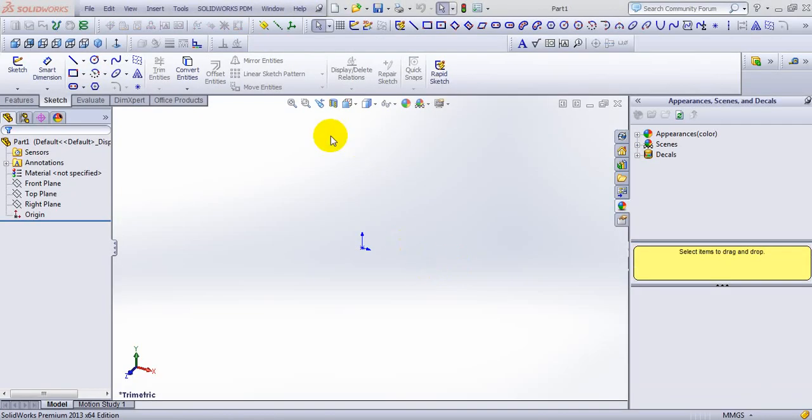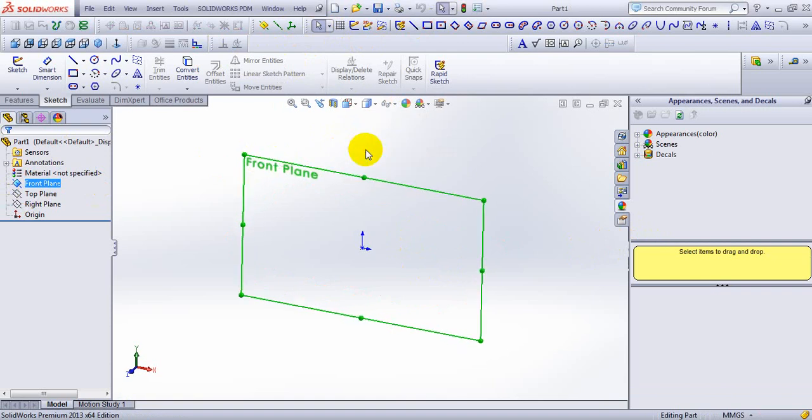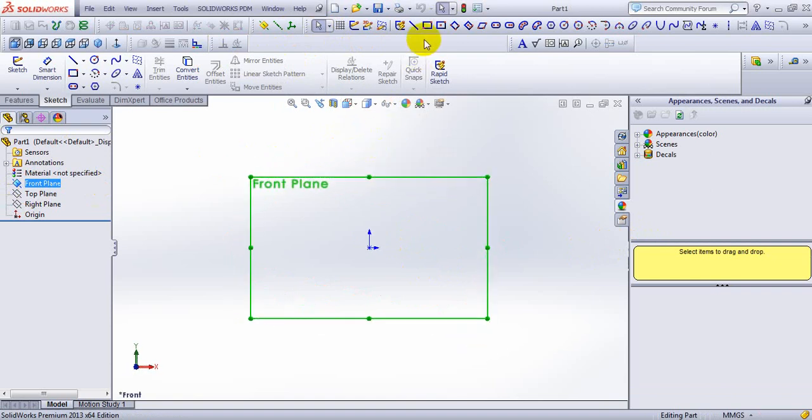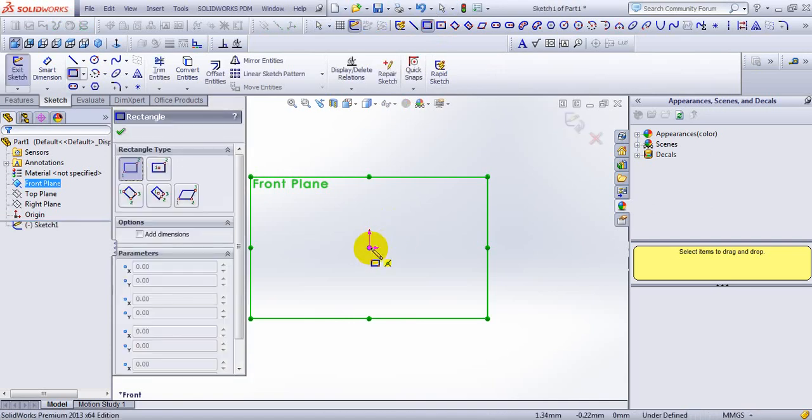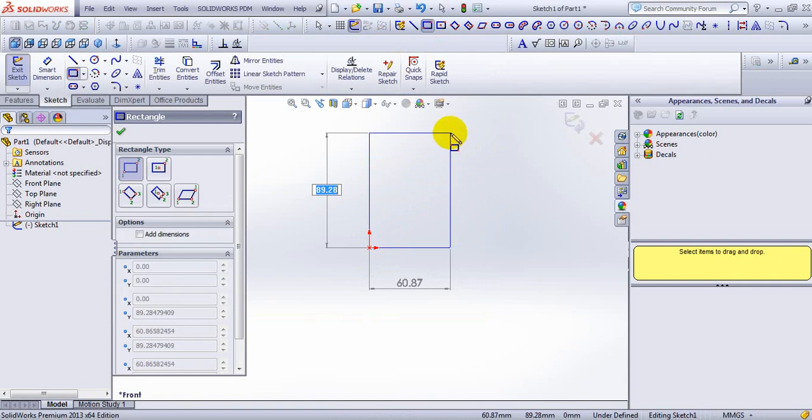Next, select front plane, followed by front view. Take a rectangle, corner rectangle. From this origin point, draw one rectangle.